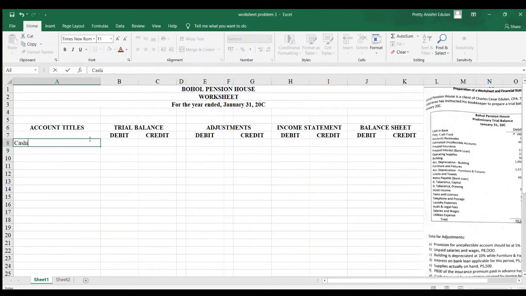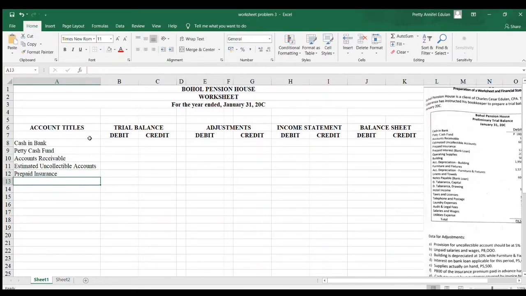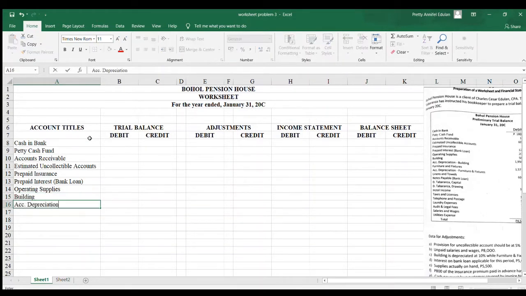So cash in bank, petty cash fund, accounts receivable, estimated uncollectible accounts, prepaid insurance, prepaid interest, bank loan, operating supplies, building, accumulated depreciation, furniture and fixtures,